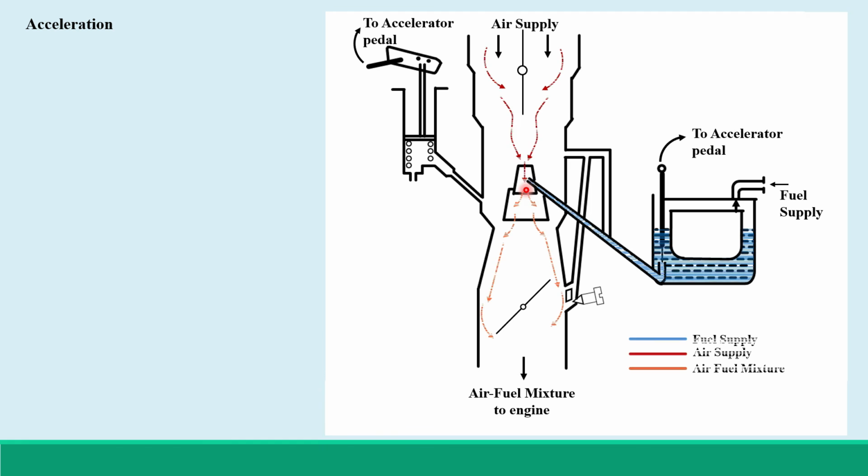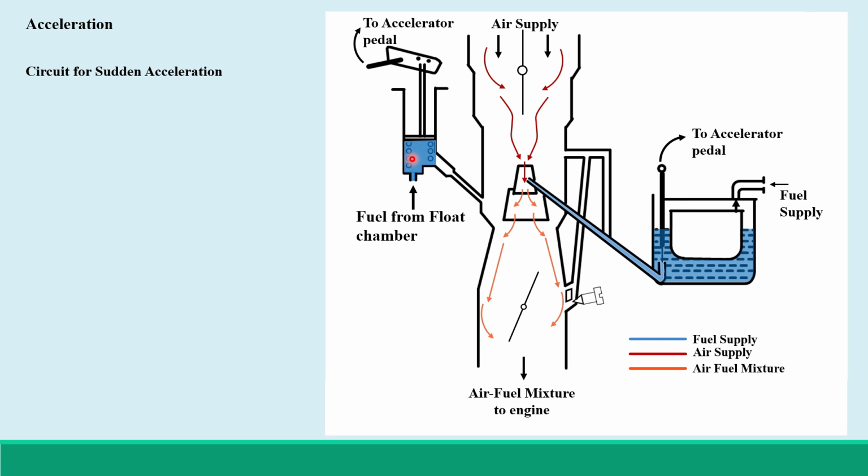What happens during the sudden acceleration? So we have this normal working going on, and you suddenly accelerate. So what happens to working of this carburetor? So this is the throttle right now during the normal running, and if we suddenly accelerate, this throttle is going to be more open, creating a more suction. Then this circuit for the acceleration pump comes into picture. So we have this inlet for this pump from the float chamber, from where the fuel is supplied to this pump,